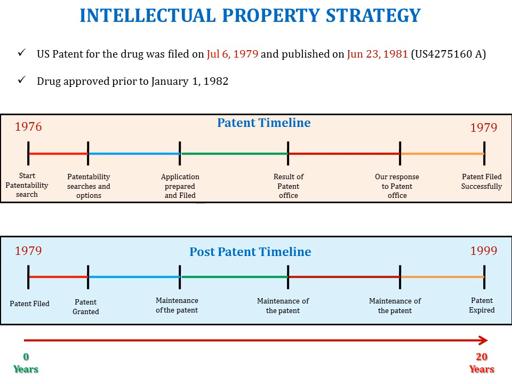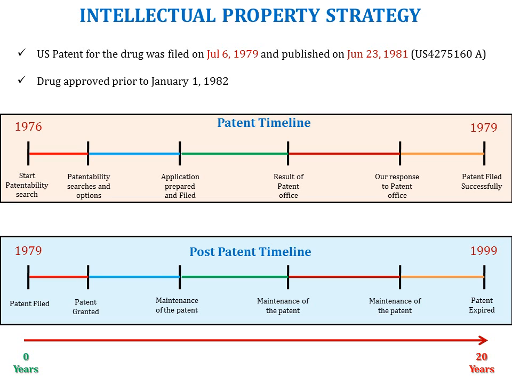So the next topic of interest will be intellectual property strategy. Before going into the topic, we would like to know what intellectual property rights are. IP is the set of rules which governs protecting a body of work from being pirated, copied, and other illegal issues like that. The US patent for the drug imipramine was filed on July 6th of 1979